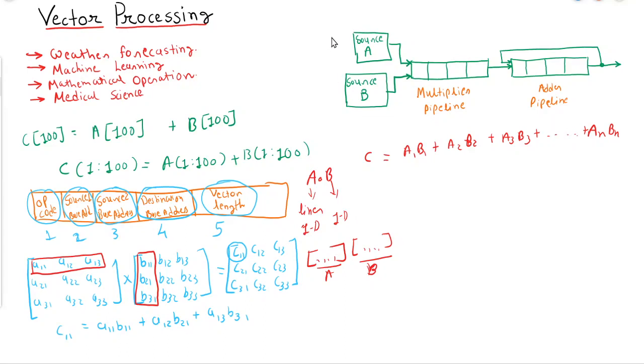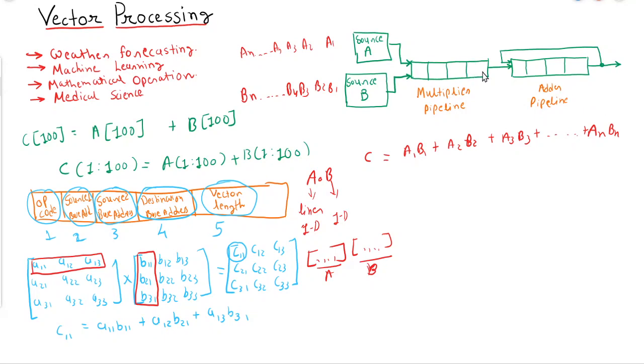So here we will have values like A1, B1, A2, A3, A4, likewise AN, B2, B3, B4, likewise BN. Clear? So this pipeline will be divided into two parts: multiplier pipeline and adder pipeline.